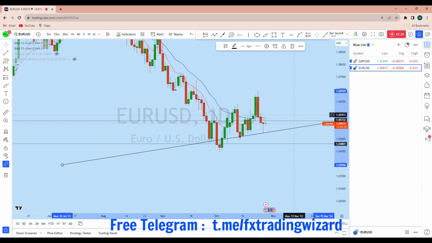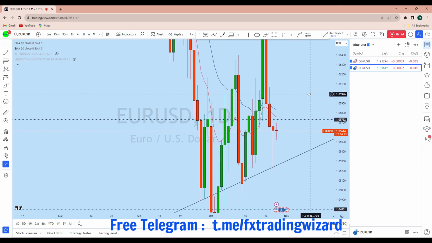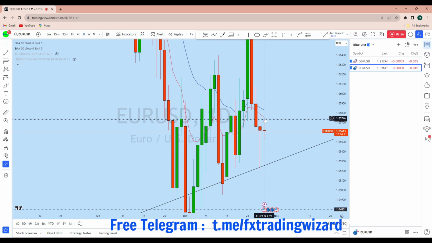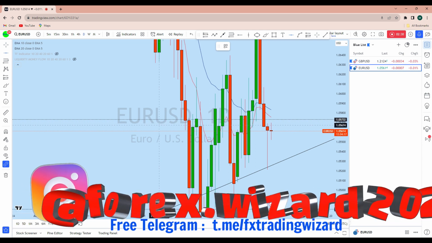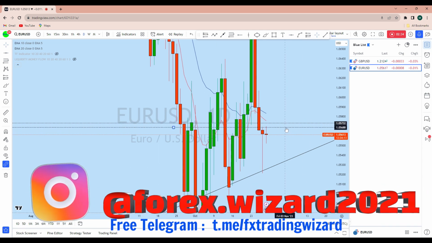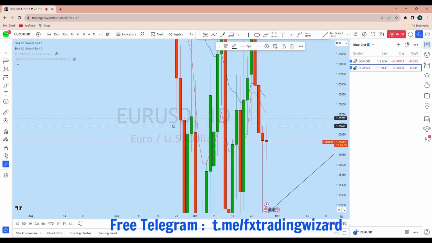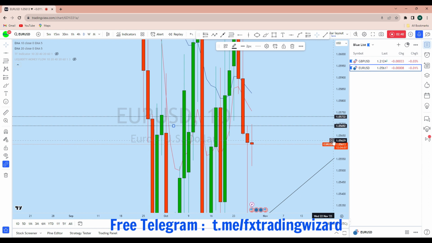Now, looking at the daily to see how the market is evolving, from the daily perspective the previous day formed a daily doji, and today the price so far has initially broken this resistance line, and we saw that there is a primary rejection, which is a sign of continuation to the downside.